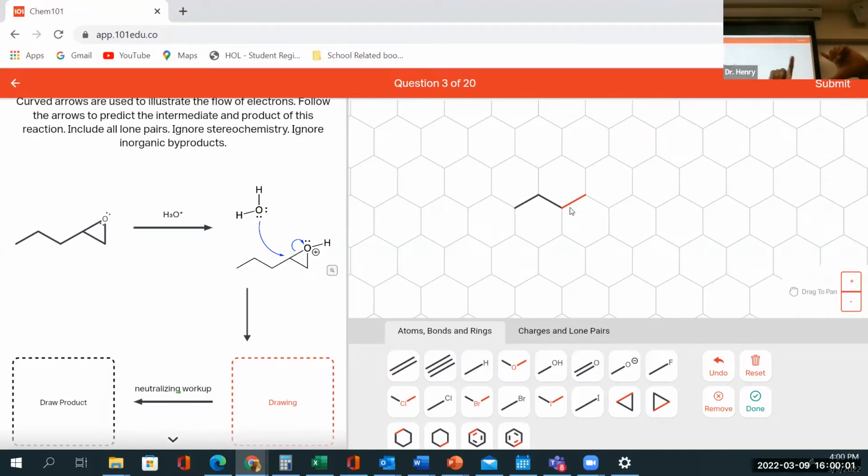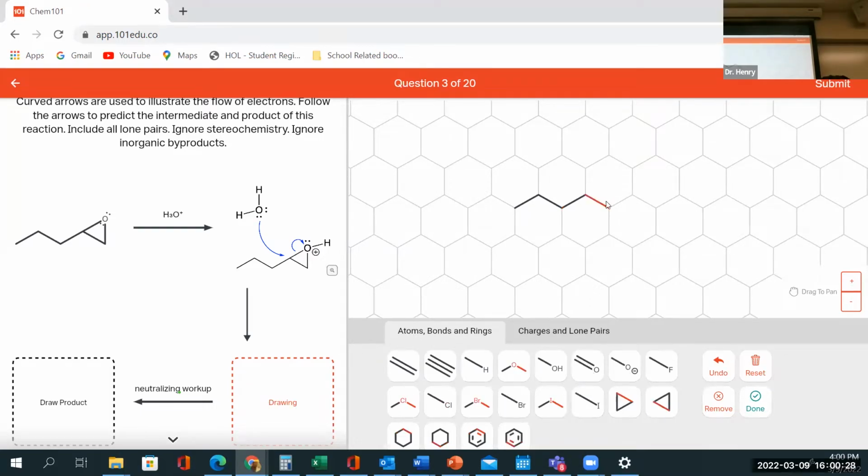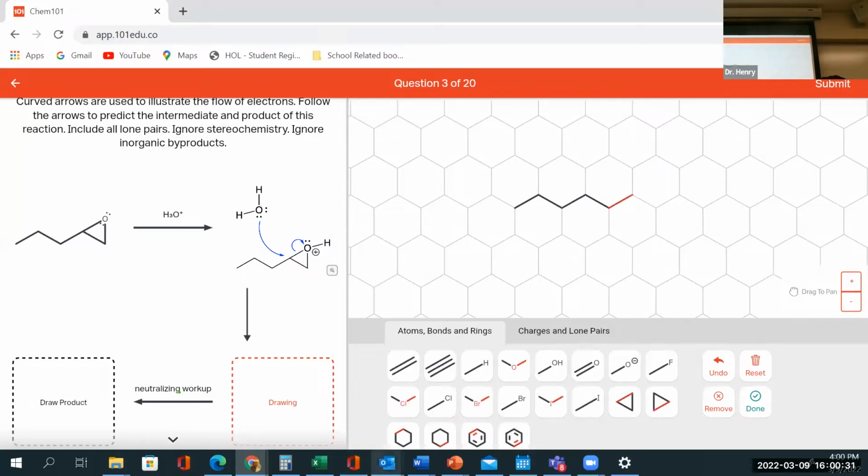Okay, so you have this ring structure, right? Oxygen is here. So what you've done, you're having this bond be disrupted. So what's going to happen to that ring structure if that bond is going to be disrupted? It's going to open up, right? So then we're going to basically get this, that. Okay, so then, let's see, right? And then we have